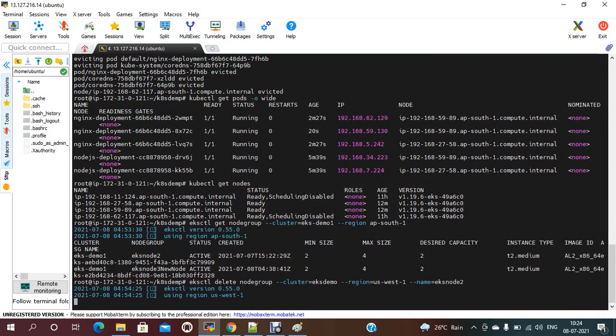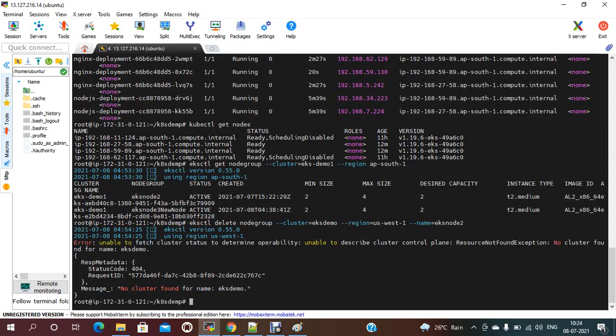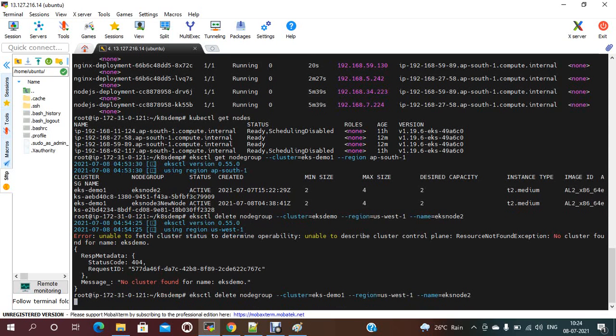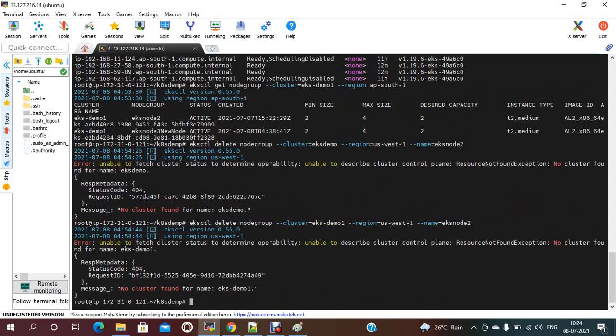My cluster name is EKS demo 1, and the region is ap-south-1.